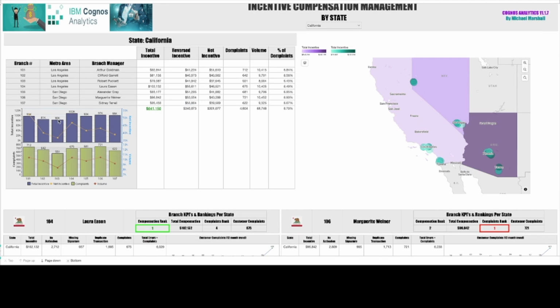To begin, we have a crosstab here on the top left showing us essentially a list of the different branch numbers or branch IDs, the classified metro area, in this case Los Angeles or San Diego, the name of the branch manager, and then our measures across total incentive, which is the compensation amount received by each branch manager for the branch, reversed incentive, which is the amount given back after factoring in employee errors made throughout the calendar year, net incentive, which is the amount actually received physically by each branch,